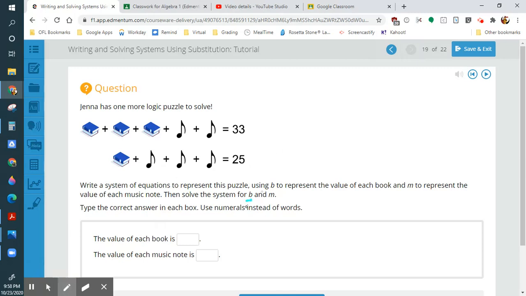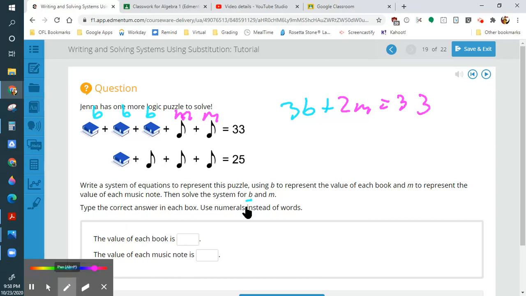So B is going to be for books. So this is B plus B plus B. And M is our music note. So M plus M. So guess what? In the first equation, we have this 3B plus 2M equals 36. And then our next equation, I'm just going to write in blue just to make this easier on me,